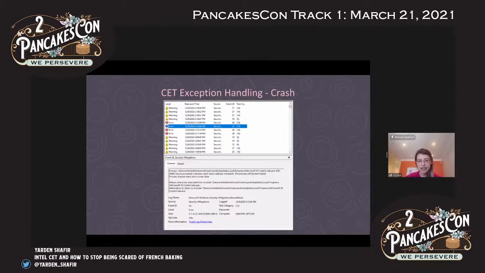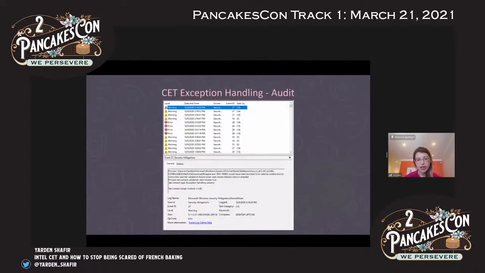And this is a classic CET crash because of a shadow stack return address mismatch, meaning the address on the regular stack and the address on the shadow stack are not the same. But I want to go back to the previous case for a second, because here we don't see a return address mismatch. We see "would have been blocked from setting context." Because Microsoft said, well, if we have that shadow stack